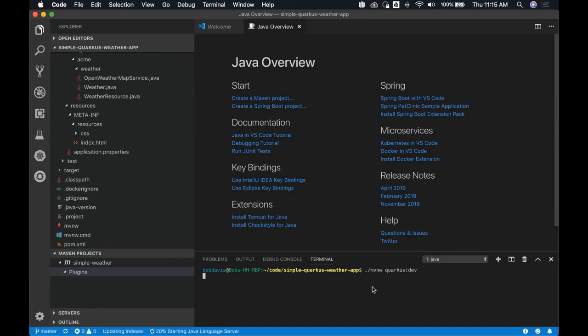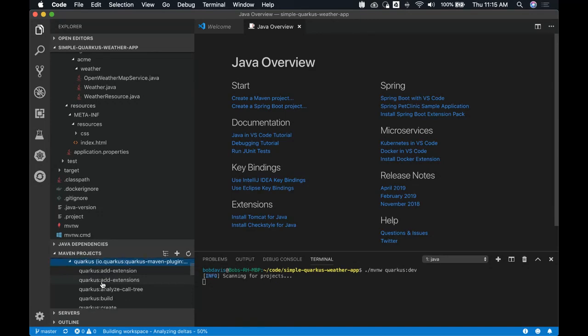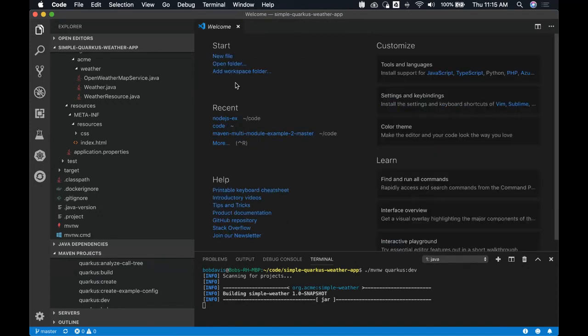And you see at the bottom where it says that it's starting the Java language server and importing the Maven project. If I wanted to start this with the UI, I would do it through here. Quarkus dev.